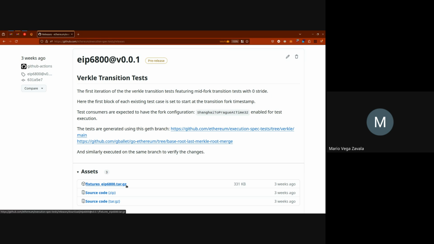You should already be able to consume this using any of the clients, because it is basically the same format as Ethereum tests. Every single client that is now available should have a consumer that consumes this fixture. So you download this file, go inside it, and you will have state tests and blockchain tests, and then you should be able to consume them with your client. Maybe some modifications will be required, because the fixtures inside point to a specific Verkle fork, and you may have to modify something in your client, but I don't think it should be that complex.